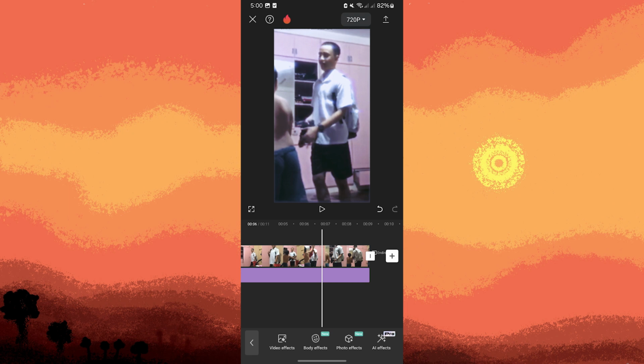Once you are satisfied with the effect, tap on the export button at the top right corner. By following these steps, you can effectively add a VHS effect to your video in CapCut, creating a retro nostalgic look